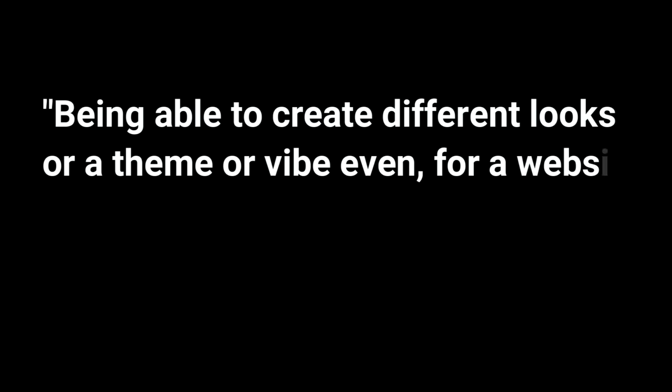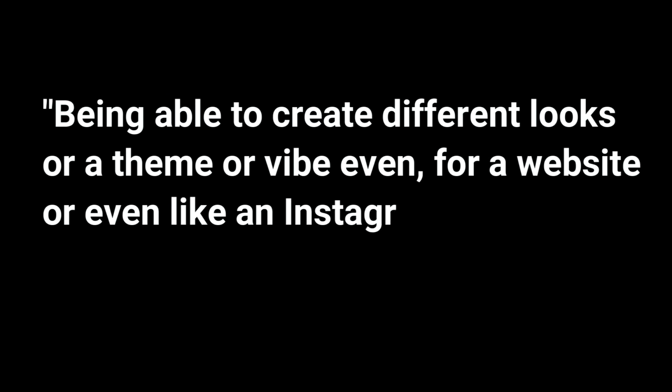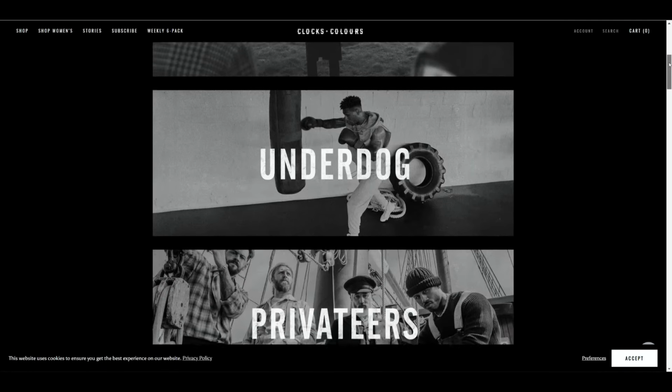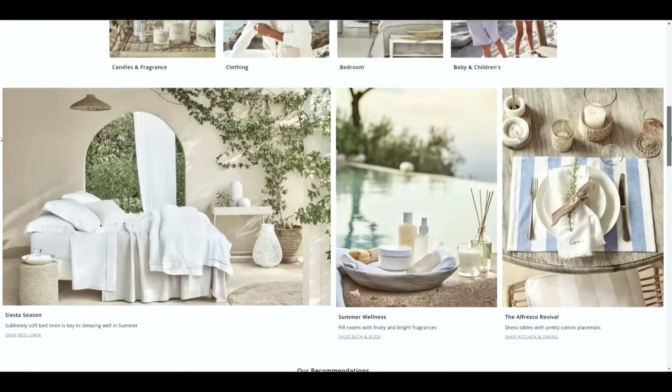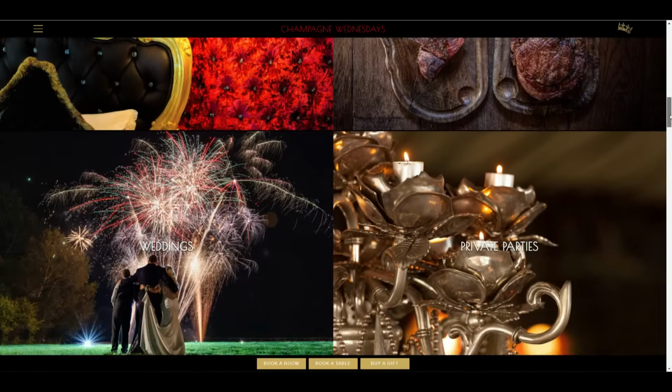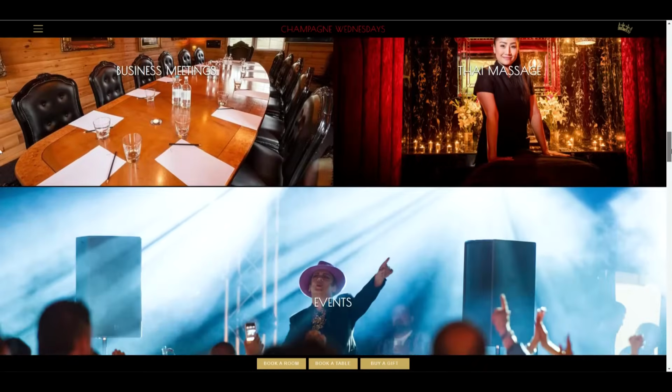And that skill is being able to create different looks or a theme or a vibe even for a website or even like an Instagram profile. If you have a look online, when you visit a website, you'll notice it has a certain color scheme or a certain theme to it that gives it all some form of uniformity. It makes it more pleasing for the person viewing the website to think, okay, this is what this website or